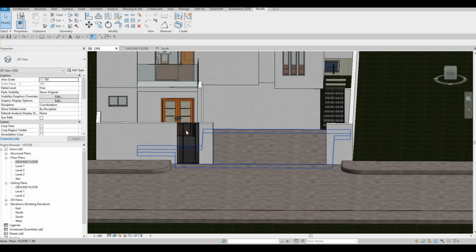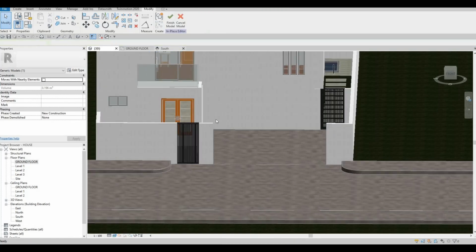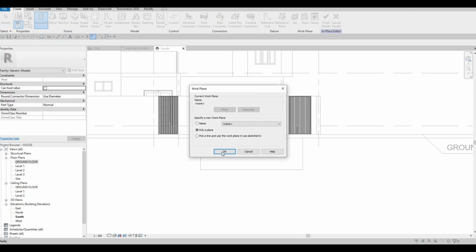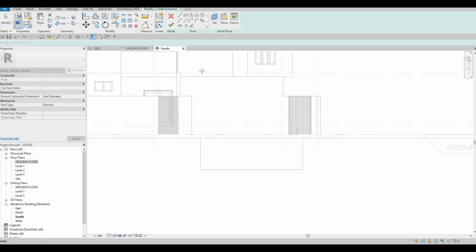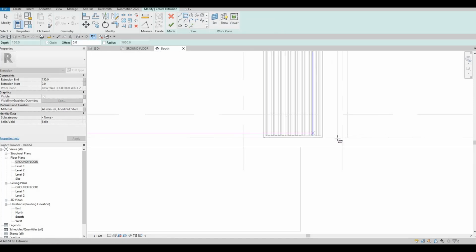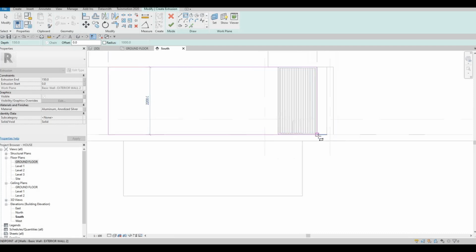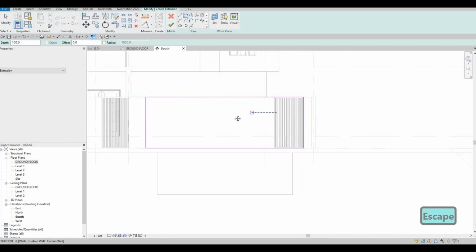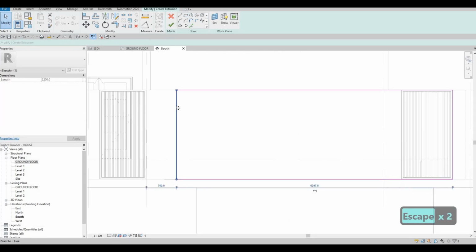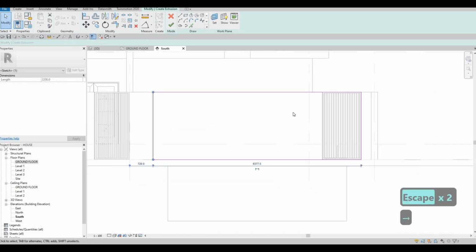What I'm planning to do here is the same as this one but slanted. So I'm gonna select that, edit, go to south elevation, click create an extrusion, pick a plane, and we're gonna select this wall right here. After that, we're going to create this first. This is just for us to visualize what we're gonna do, and then I'm gonna nudge it. I'm gonna create it from here,